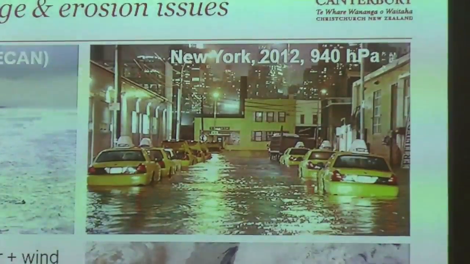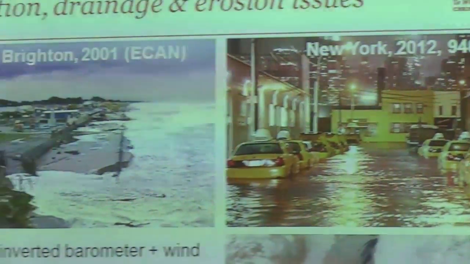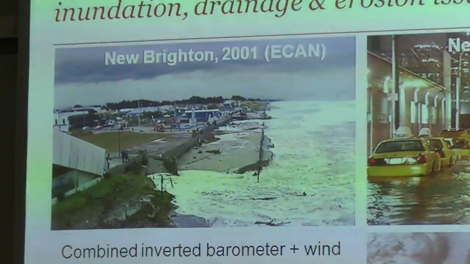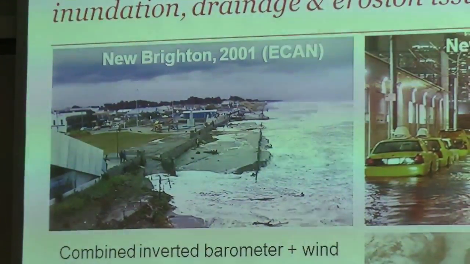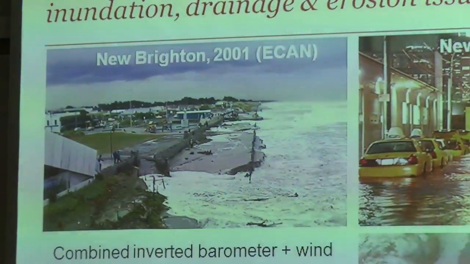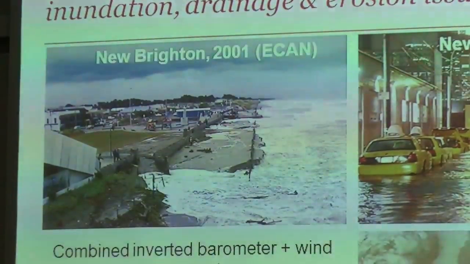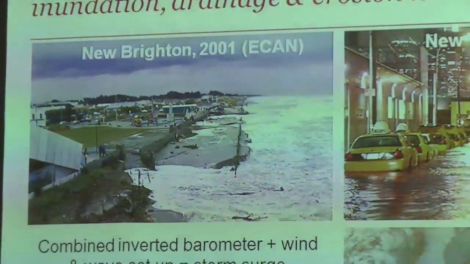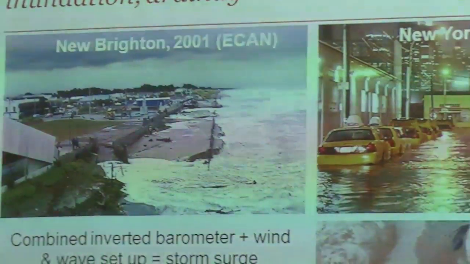These are just the water level variations. On top of those water level variations during storms, you've got to add in the waves. So Sandy, they estimate the maximum wave heights were around 10 metres. For us, with our March event a while ago, we had wave heights measuring 12 metres off Banks Peninsula. So we've got to add those in on top of that, but I'm not going to do that to Chris today. We'll leave that off.